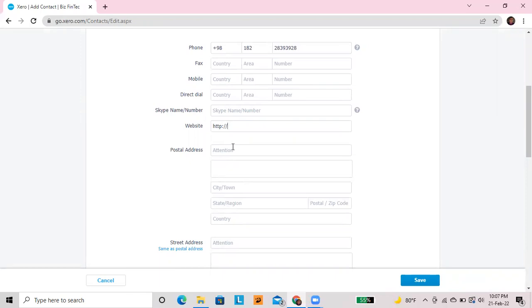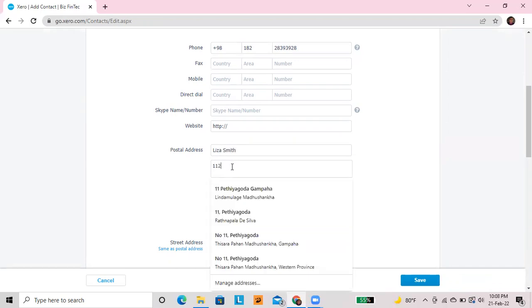That means if we are having some correspondence, whichever address we are going to use, you can insert it here. So here, attention means, similar to the supplier, the person to whom we are sending that particular document or whatever communication. Therefore, you have to add it here. Okay, I will take